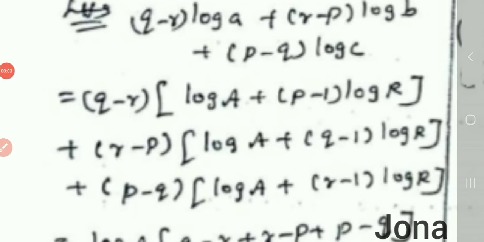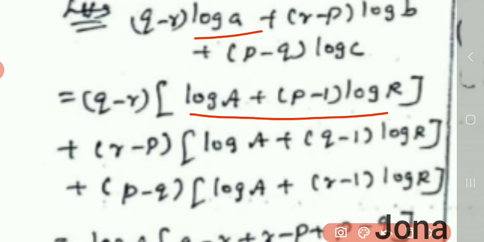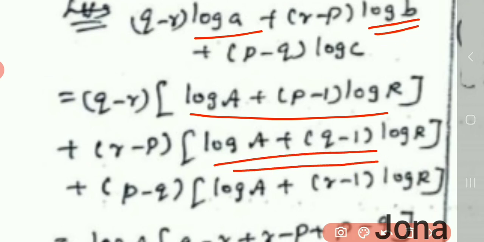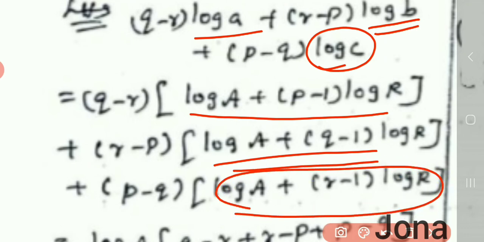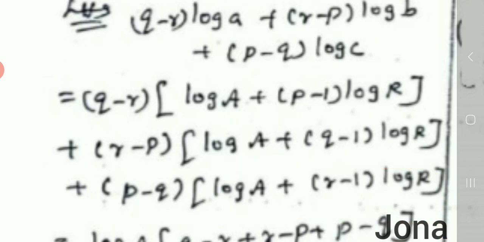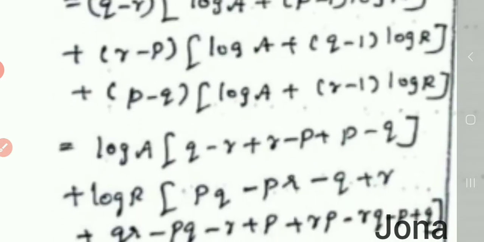substitute the value of log a, which is log a plus p minus 1 into log r, and then r minus p into, for this log b, r minus p into log a plus q minus 1 into log r, and then p minus q into, for this log c, we have p minus q into log a plus r minus 1 into log r. Okay, we just substitute the values of log a, log b and log c,